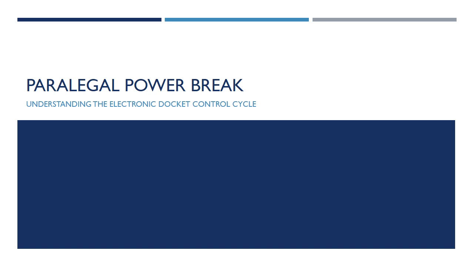In this particular session, I'm going to briefly discuss what the electronic docket control cycle is and 3 different ways that information flows through a case management system. Now, the electronic docket control cycle is how information flows through an electronic case management system and how it is delegated to different individuals within a legal organization. So there is the centralized docket control cycle, the decentralized docket control cycle, and then you have the combined docket